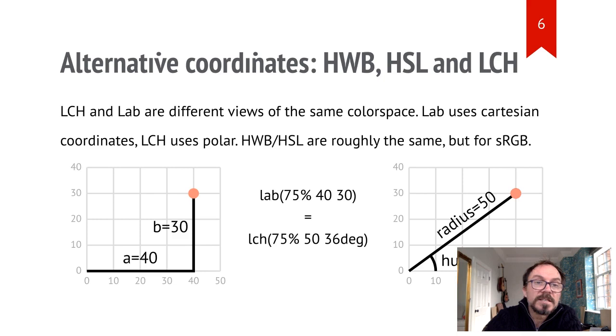So on the next slide, you can see that LCH really is just another way of describing a colour in the lab colour space. Lab uses A and B, which are Cartesian coordinates, and LCH uses C and H, the radius and angle around the circle, which are polar coordinates. The L value remains the same, so it's trivial to convert between the two. The same statement applies to HSL and sRGB, although the maths is a little different. So if you have an HTML page using LCH colour and you want it in PDF, you can simply convert the LCH values to lab.